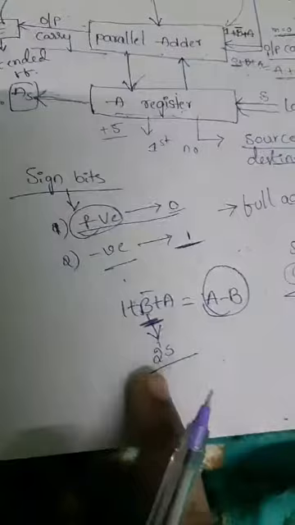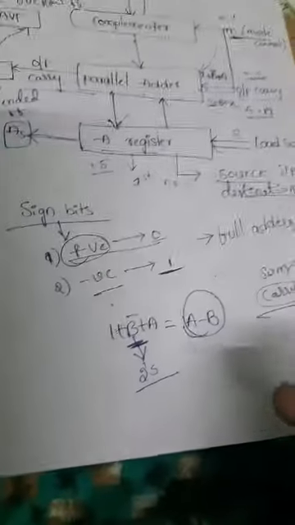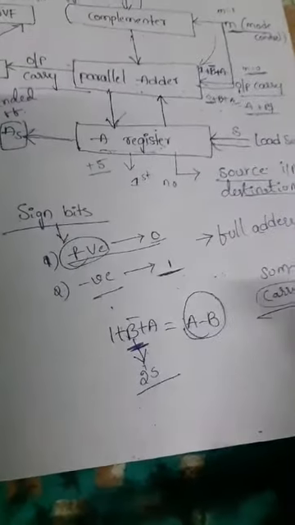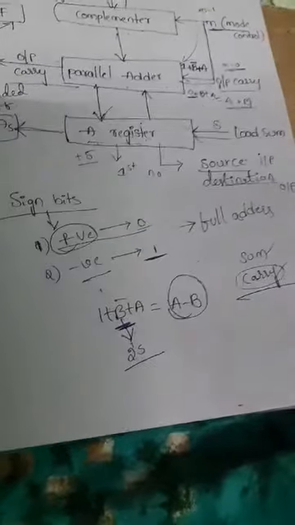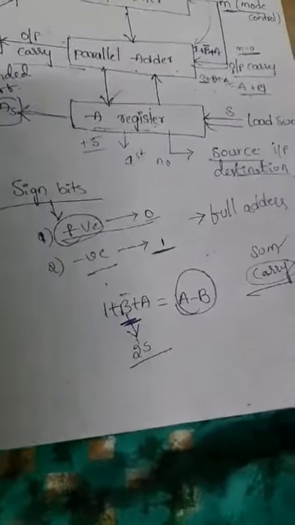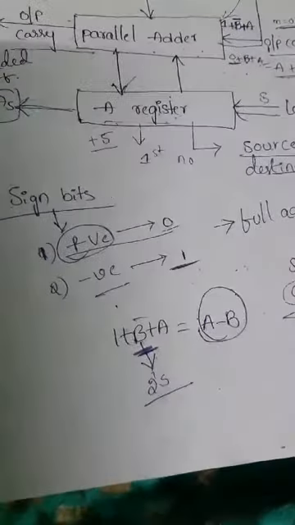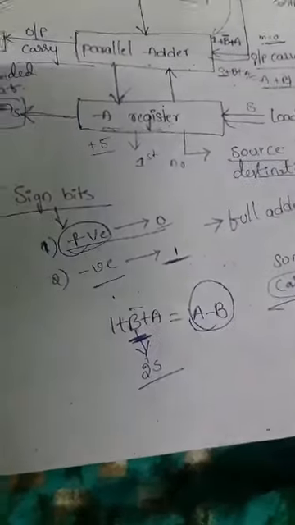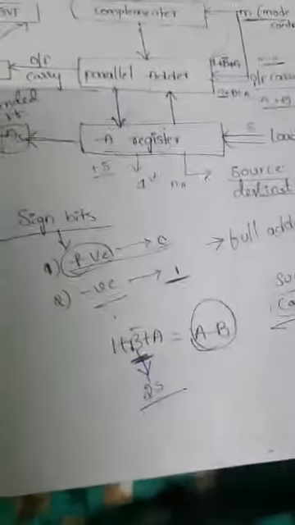So why are we doing the 2's complement here? Addition we do by the normal procedure, but for subtraction we compulsorily go with the 2's complement method. Just go and check the digital principles notes, where I already explained how to subtract two numbers. The smaller number is subtracted from the larger number. Before subtracting, the smaller number is converted to its 2's complement. After that we add the two numbers, and the 2's complement result is added to the first number. Finally we get the subtraction result.